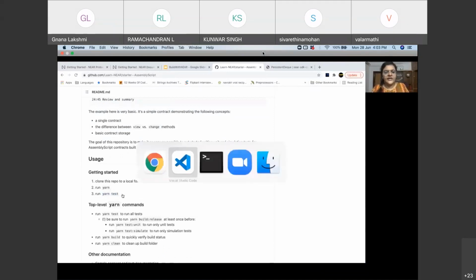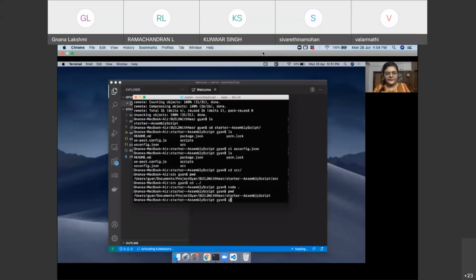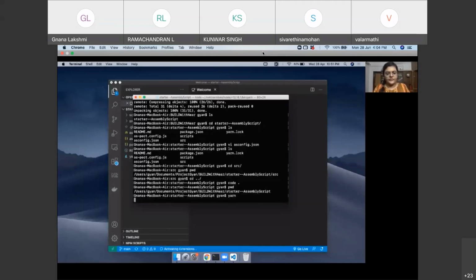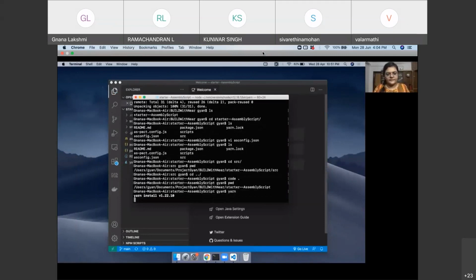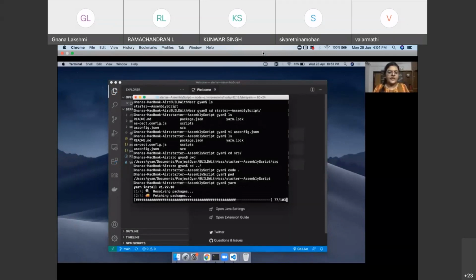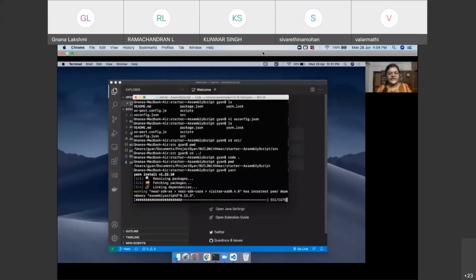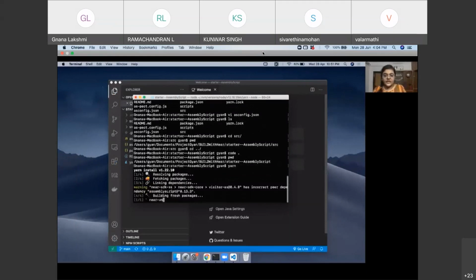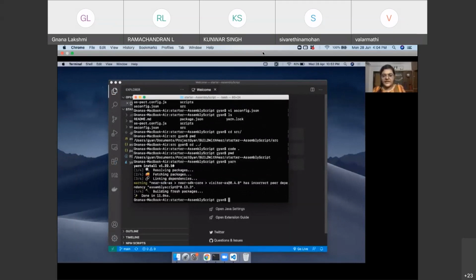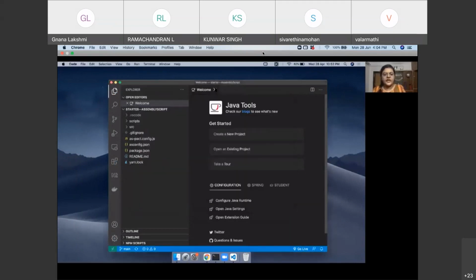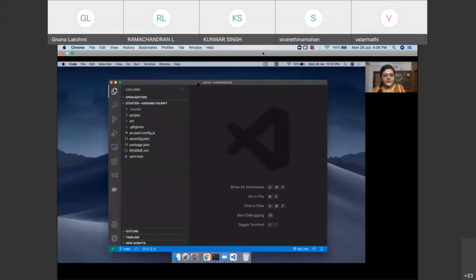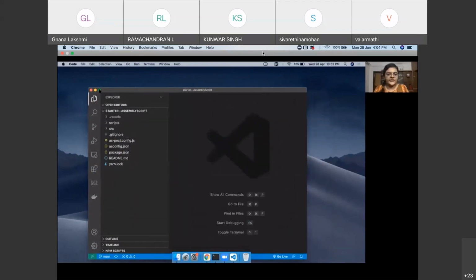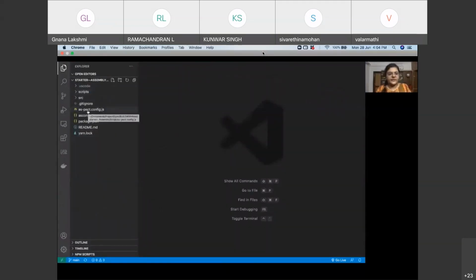So let me just run yarn. It's going to be installing all the dependencies. As you can see, I already have the NEAR SDK AS and some of the other dependencies like the NEAR CLI installed. So this is going to install the repo-specific libraries for me.